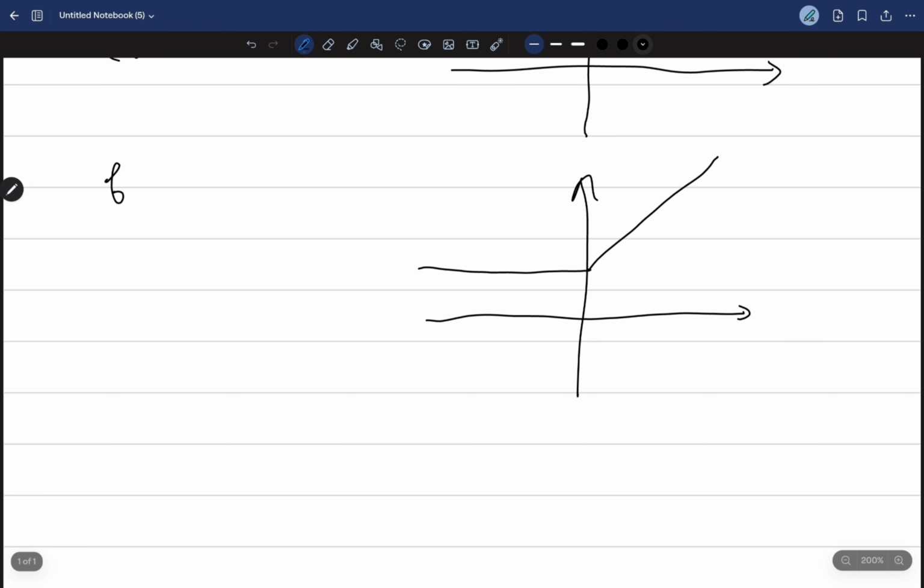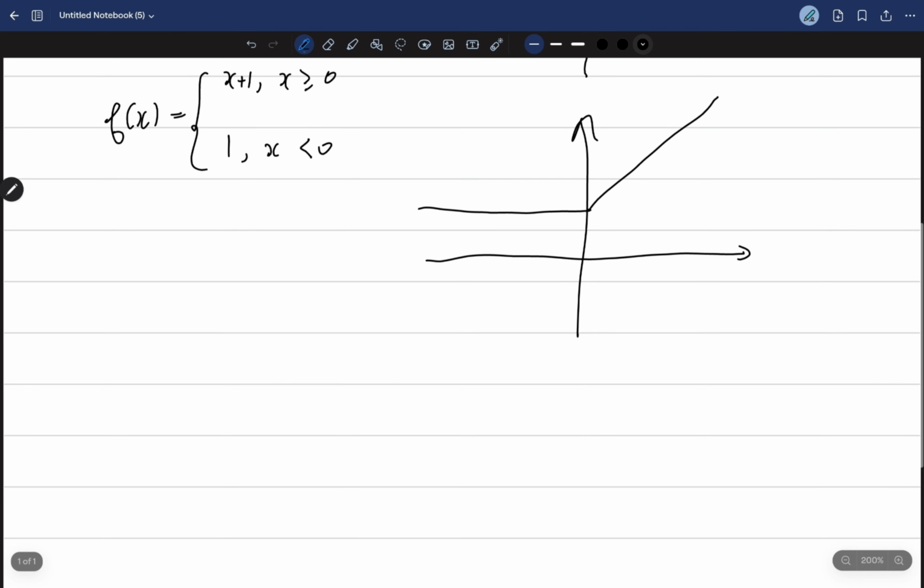So if you take the function f of x that's equal to x plus 1 if x is positive, and then it's 1 if x is negative,